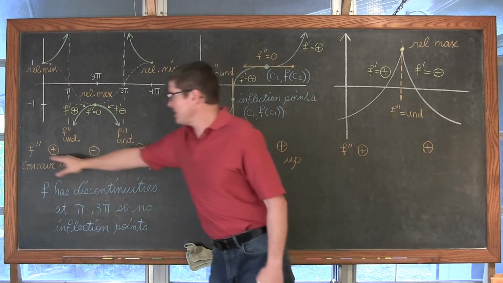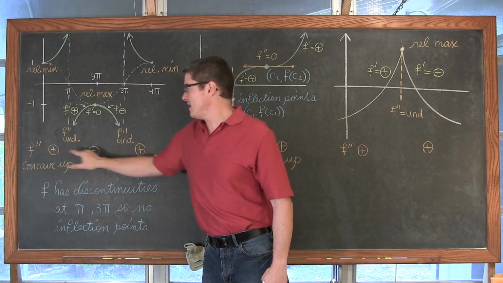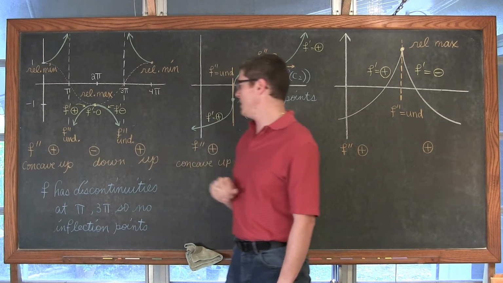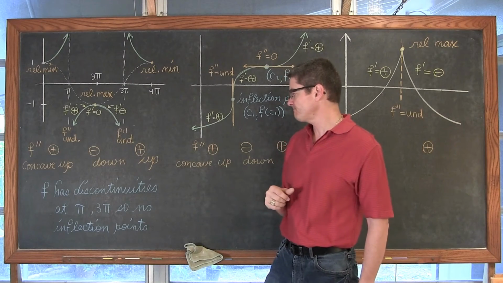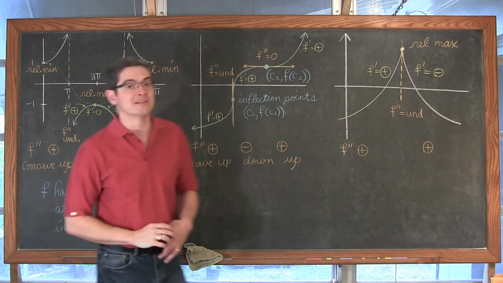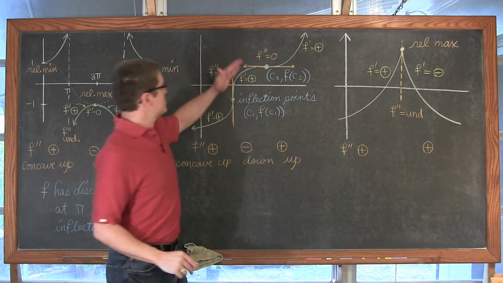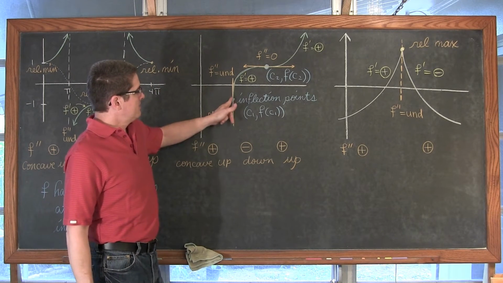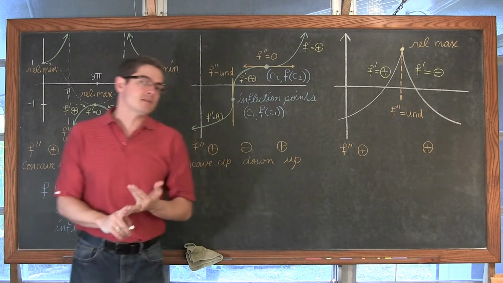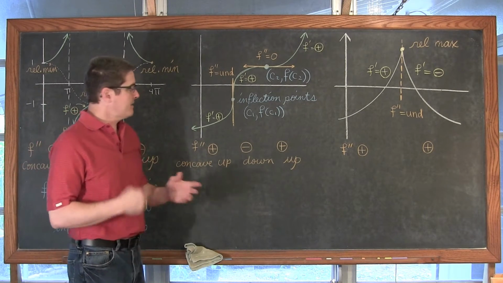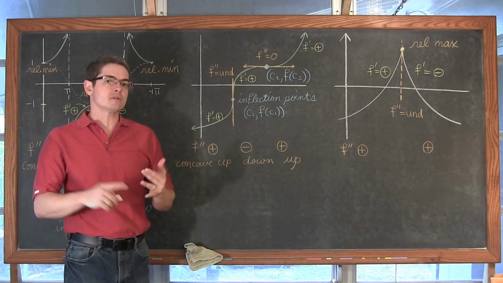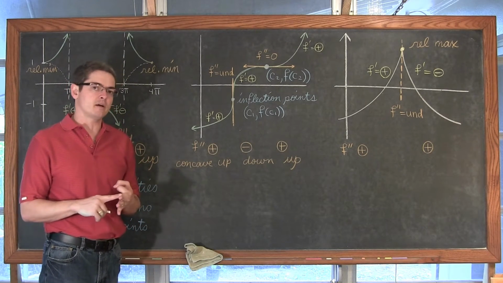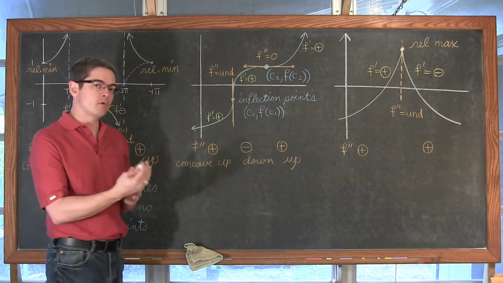Okay, and just again highlighting here, your second derivative will be positive, negative, and positive, indicating that concavity being up, down, or back up. Okay, so again, no inflection points. Here we have a function that has a vertical tangent line, which means that both really the first derivative and second derivative are going to be undefined, and that's a critical value. Again, you need to find out where the second derivative is 0, undefined, and where the original function is undefined or has a discontinuity to set up your intervals.